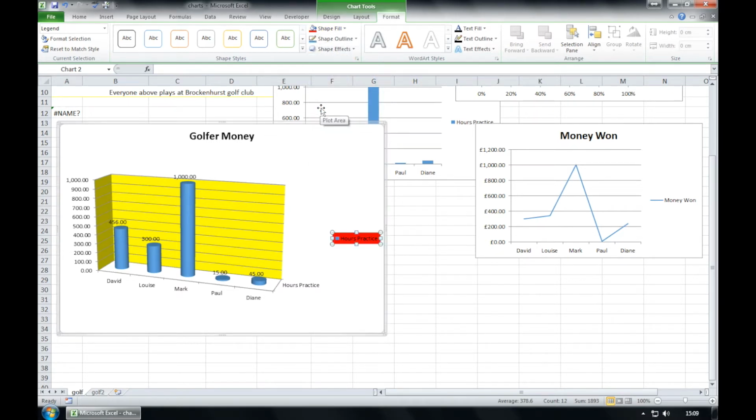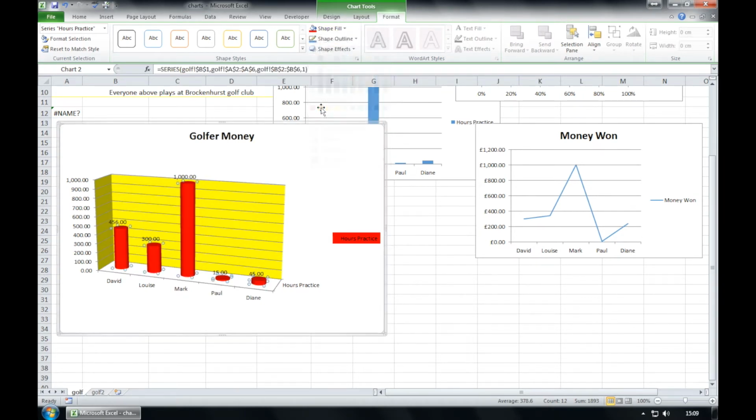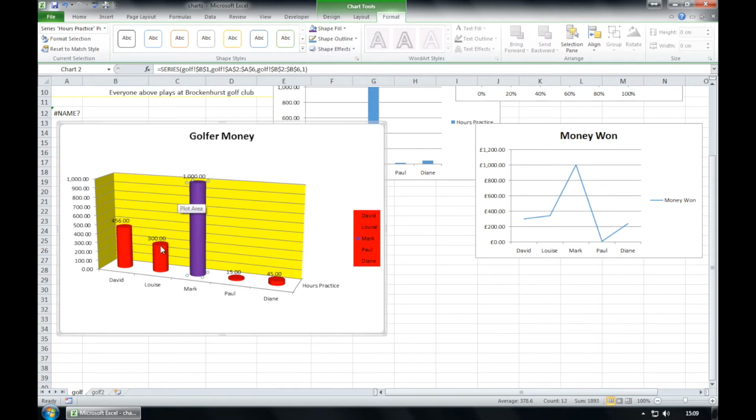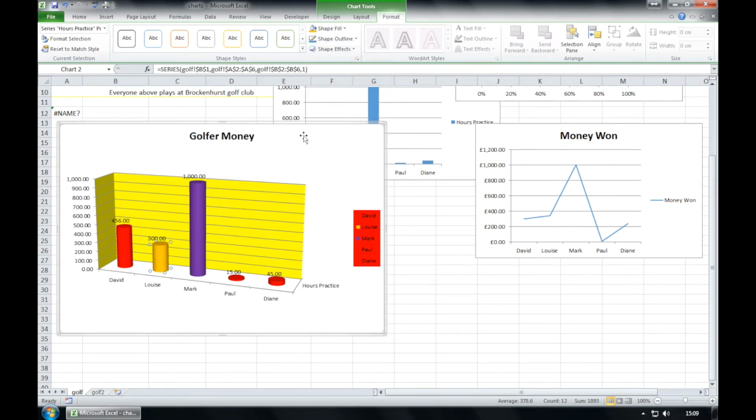I can change my column, bar, line, pie, slice colours, so this works for any particular graph. Again, you simply select, and on the shape fill you can change the colours that you wish. You could actually individually change it one at a time, just ensuring that only one is selected, changing that particular colour as you so wish. But again, if you wanted all,